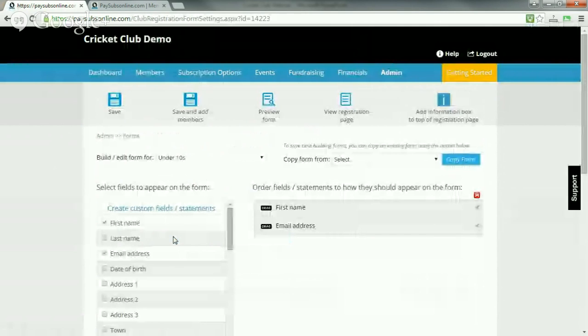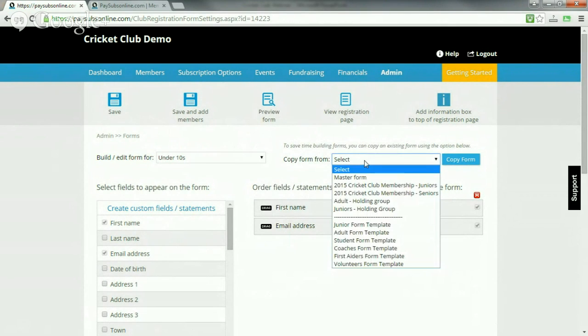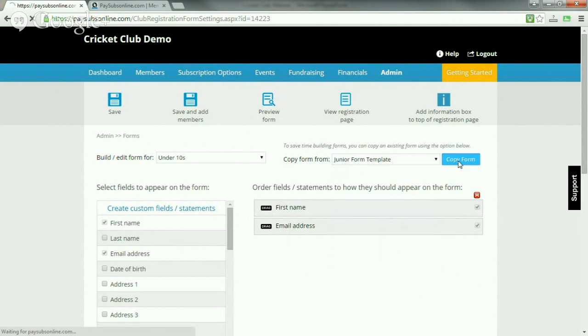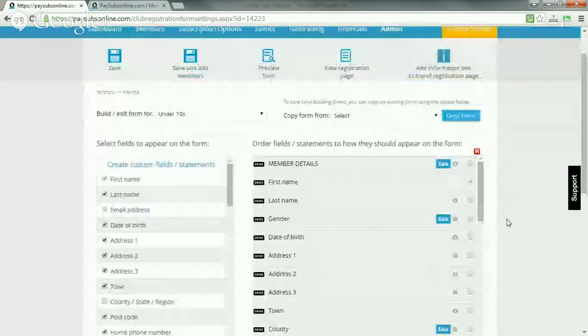What I typically do here is not include all the governance form. We just really want fairly basic information. If you think about the information that you'd want to give the coach access to, he doesn't need the inside leg measurements, but he does want to know any medical conditions, he wants to know emergency contact information, that type of thing. So what you would typically do is load up the junior form template, and then you would remove the fields that perhaps you don't think that the coach would need access to.